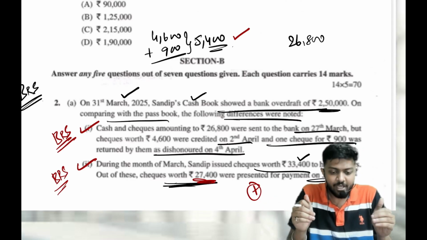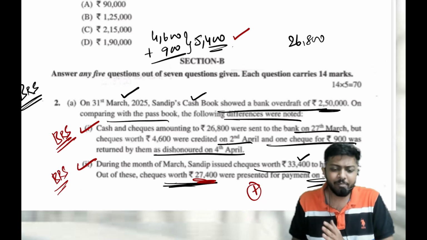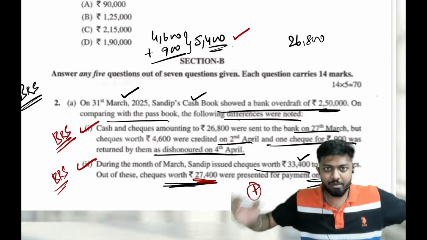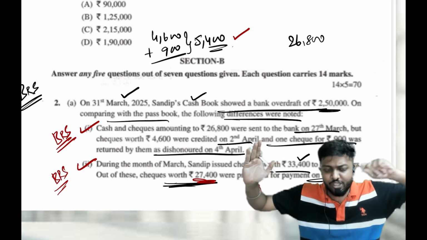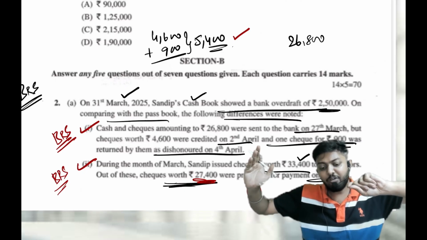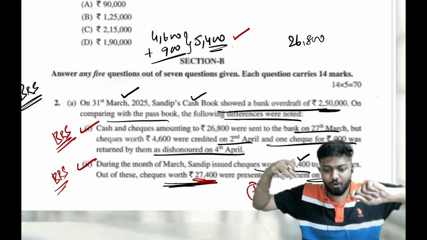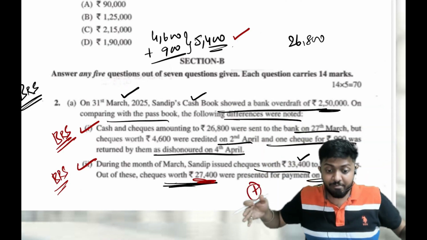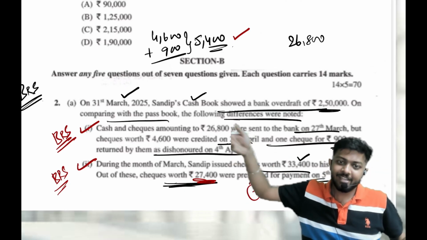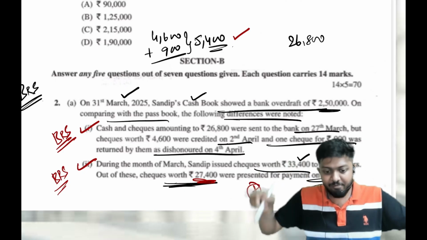Suppose within the BRS period the difference is created and reversed, then there is no need to prepare BRS. Ultimately, by the end of that period, it will match. For example, we are in January, doing BRS for January. One check was issued on 15 Jan and it was presented by the creditor on 19 Jan and got debited. The difference was created on the 15th and resolved on the 19th. By 31st Jan, there will be no difference.